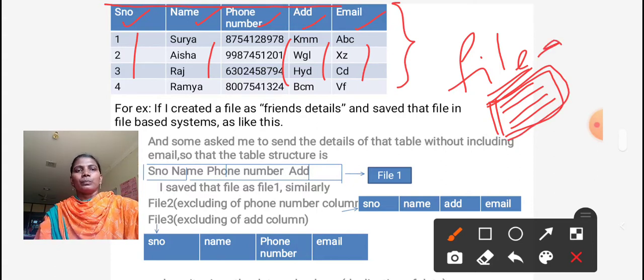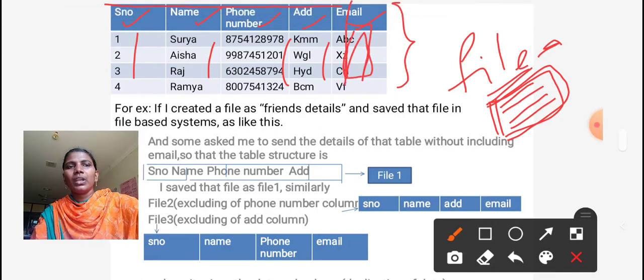Now if some other people ask me to send the details of this file without the email address details, I want to send only serial number, name, phone number and address.